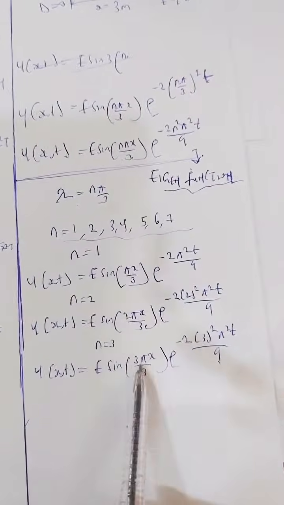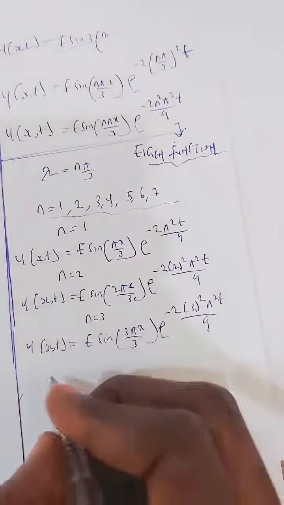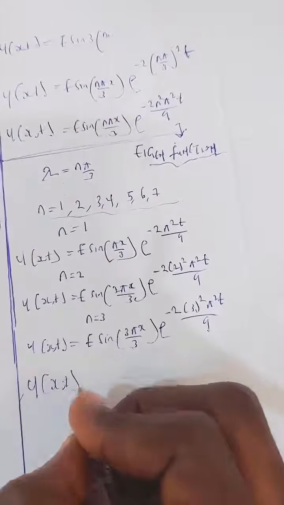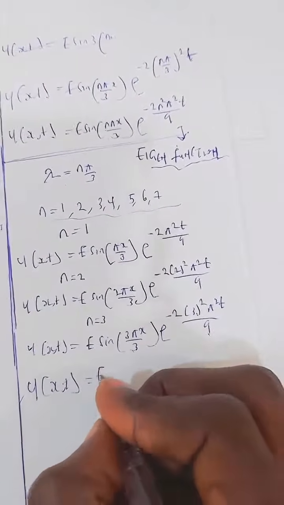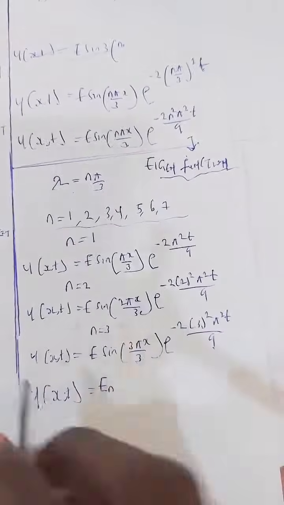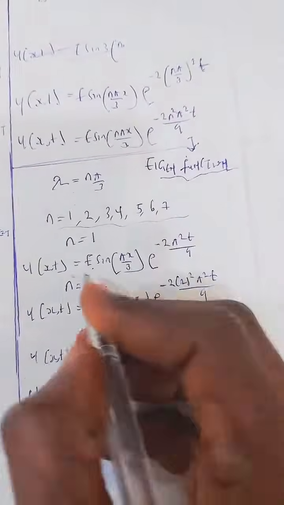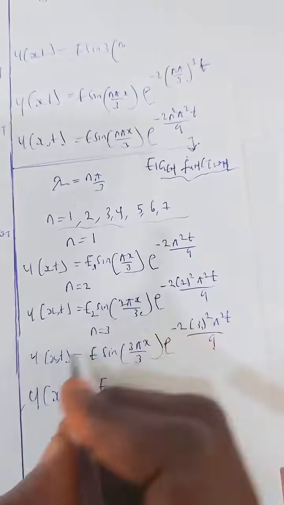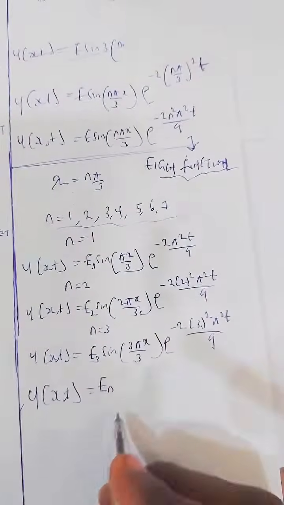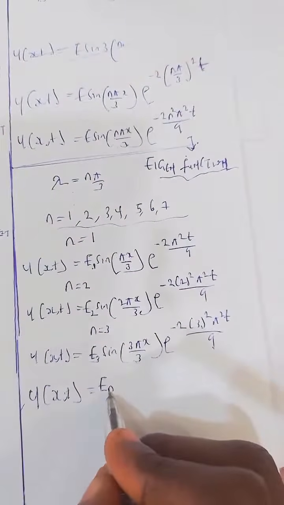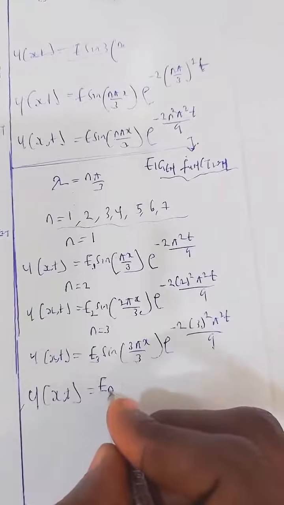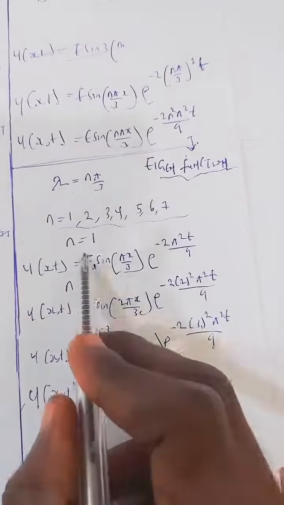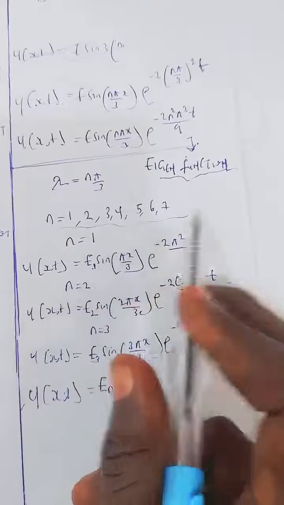For a series solution, we are saying that our eigenfunction can generally be written as u, a function of x comma t, equals e subscript n. This e means n equals 1, this means n equals 2, this means n equals 3. So we are saying e subscript n, or better still we can use e subscript r. But let's use e subscript n, where n equals 1, 2, 3, 4, 5, 6, 7, 8, meaning whole numbers,